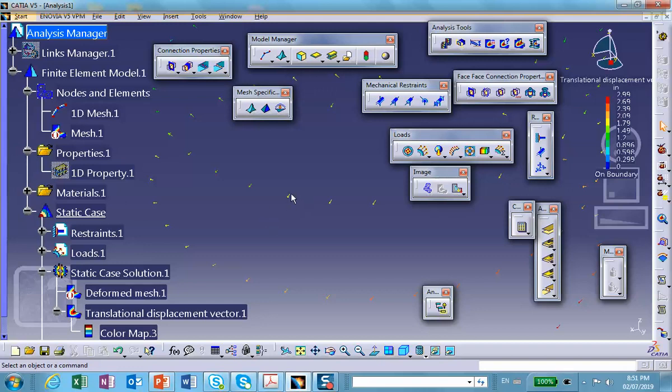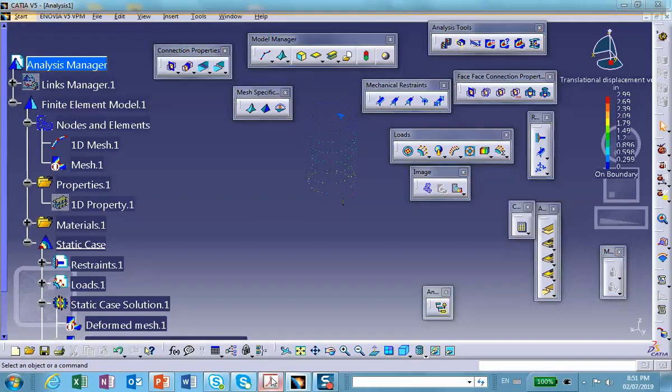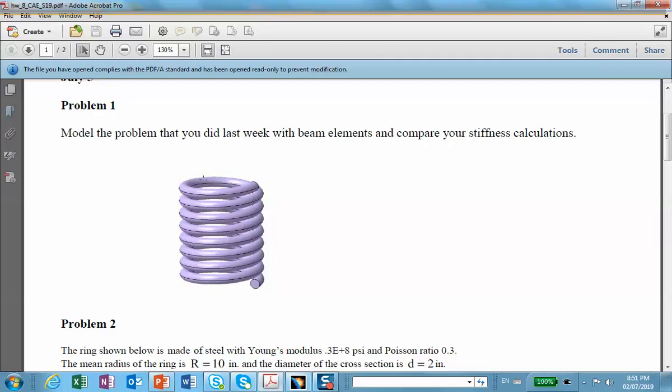The intention of this problem was to solve this with beam elements. And of course, you can also use a solid element and compare the results. In the book, I also have the expression for the stiffness of the spring when the dimensions, the pitch, the cross-sectional area, etc. are given. You can go ahead and check it against theoretical values, and that takes care of this problem. In the next problem, I'm going to be discussing